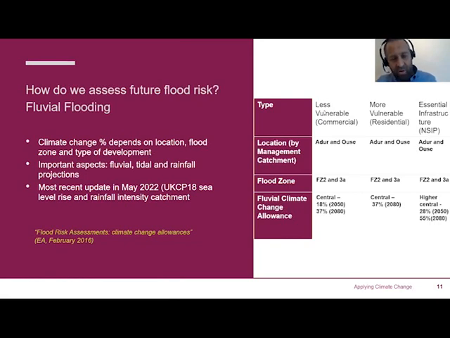So in the table on the right-hand side, we can see an example of how the climate change is reviewed. Here, we've taken a local catchment, the Adur and Ouse catchment, for which we've looked at less vulnerable developments located in flood zone 2 and 3A. Less vulnerable would typically be commercial. They would need to look at an 18% increase in fluvial flood risk for up to the year 2050. Any developments that go beyond the year 2080 would look at a 37%